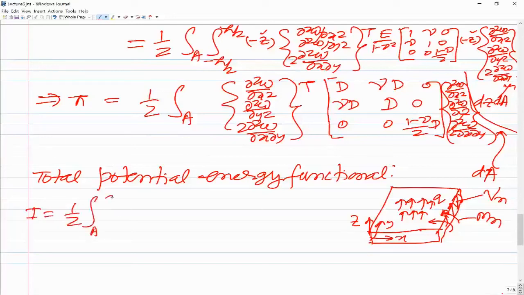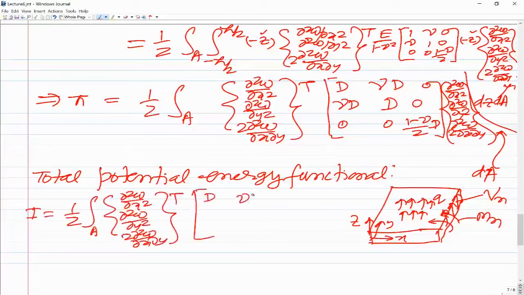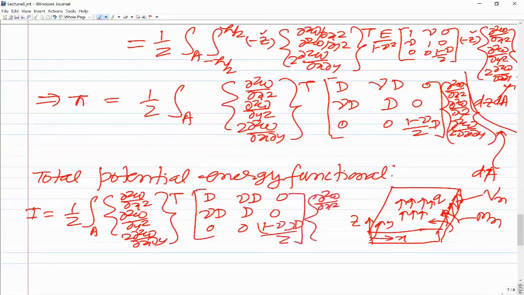So integration over area, the strain energy is ∂²w/∂x², ∂²w/∂y², twice of ∂²w/∂x∂y, transpose, into D, νD, 0, νD, D, 0, 0, 0, (1−ν)D/2, into ∂²w/∂x², ∂²w/∂y², twice of ∂²w/∂x∂y. So this is z axis over here, and this will be dA